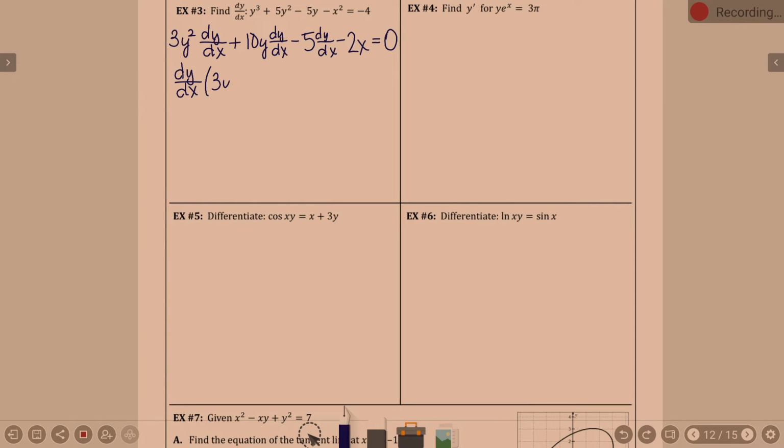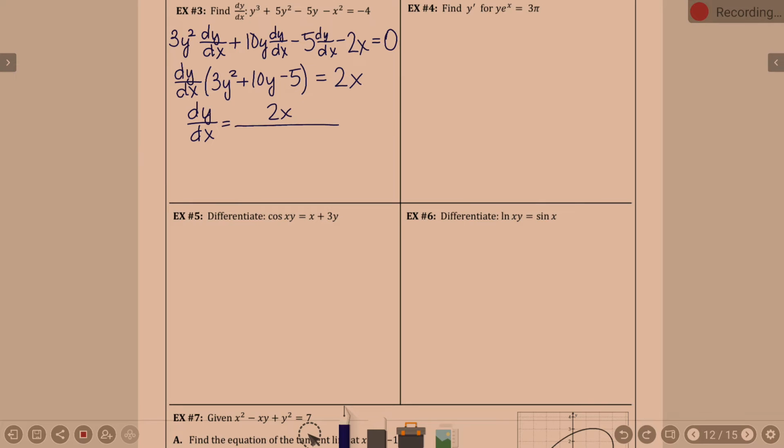Okay, you did that fine. So we've got 3 dy dx terms. We factored out dy dx, leaving us with 3y squared plus 10y minus 5 in the parentheses. There's that minus 2x that I haven't touched yet that needs to go out. So we're going to add 2x. If you want to get crazy, we could go straight to the final answer, but I'd rather we show a little bit of work. Here's what I'm always going to tell you guys: it's really hard to do partial credit if you just jump to an answer. So, dy dx is equal to